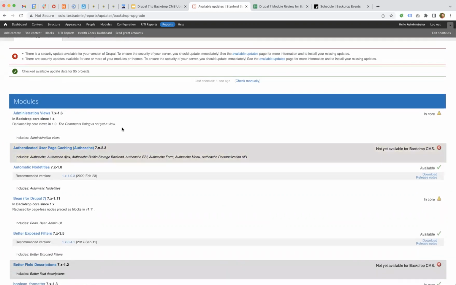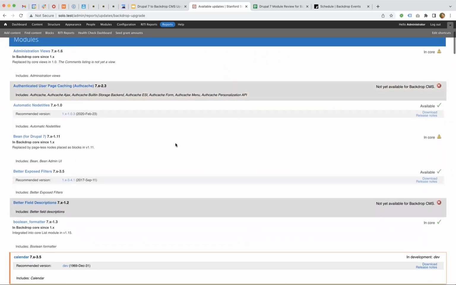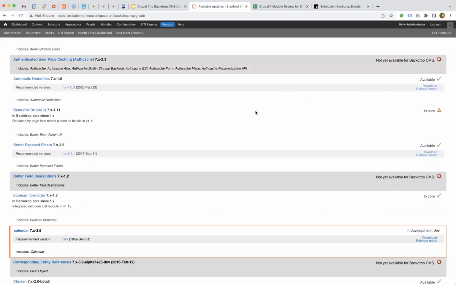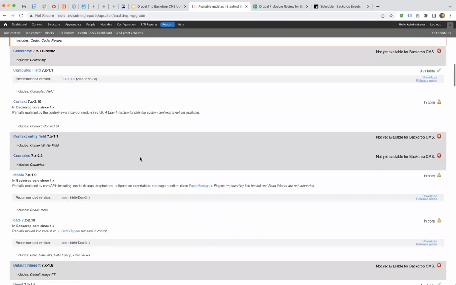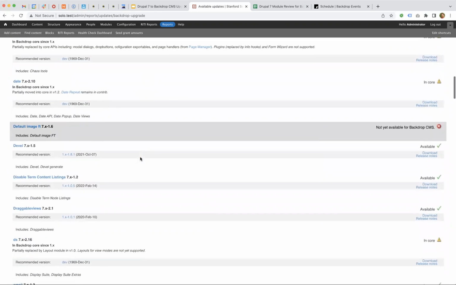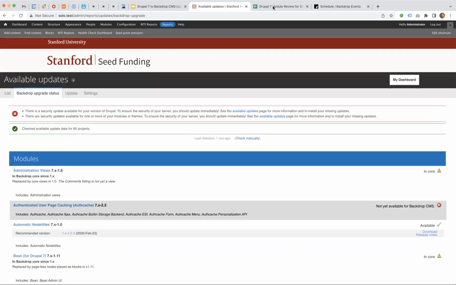And this screen shows you, okay, admin views is now in core. And auth cache, that's not yet available. And automatic node titles, yeah, that's a module, that's available. Bean, that's in core. So you've got all this useful information about what you need to do with your contrib modules. So if you start with something like this, and then we moved all that information into this extremely messy